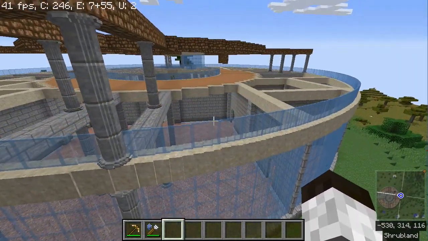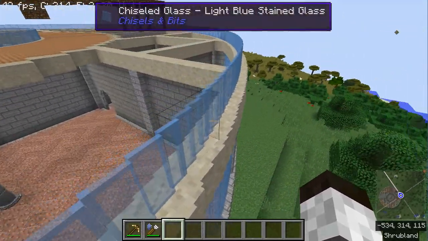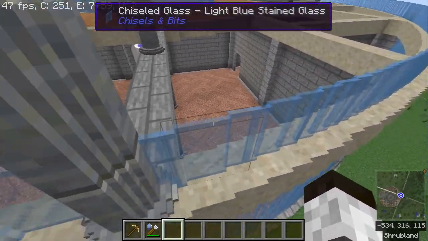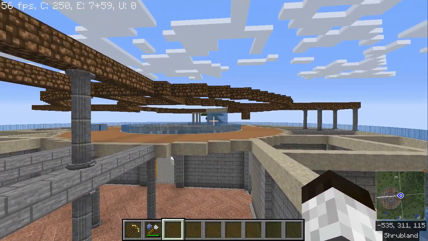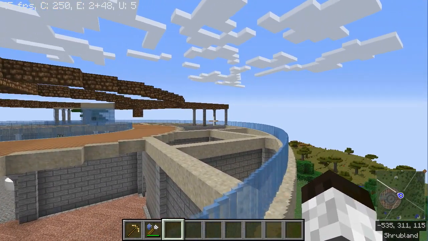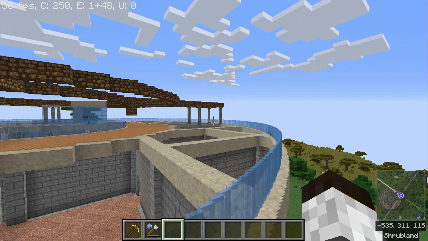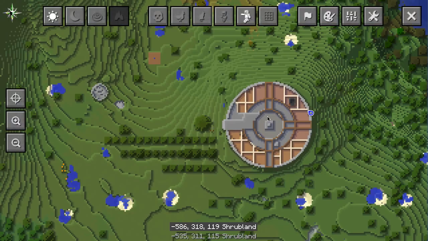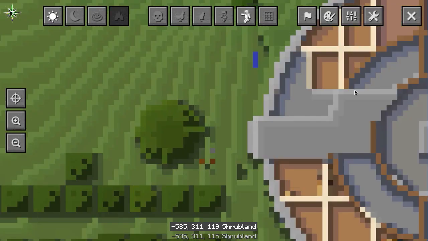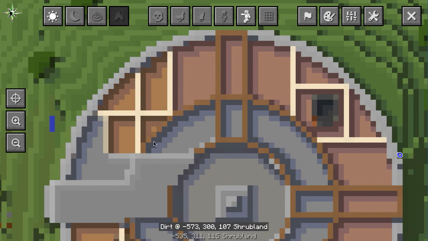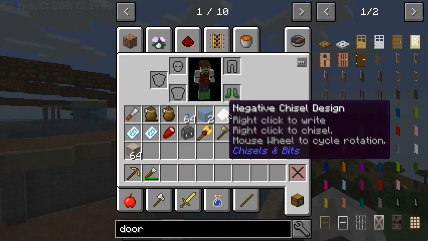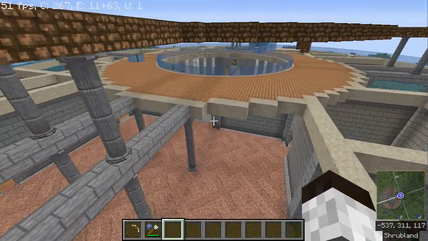In actual fact, what I did was I did this part first, just to get this simple piece of glass. And I did it in much the same way. I did the glass from that edge over there all the way around to that edge there. And that gave me a quarter of the overall structure, but just the little glass part, from here over to there. And then I copied, or actually I even stopped about here. I went from there to there and then used, let's see, I don't have it on me at the moment,